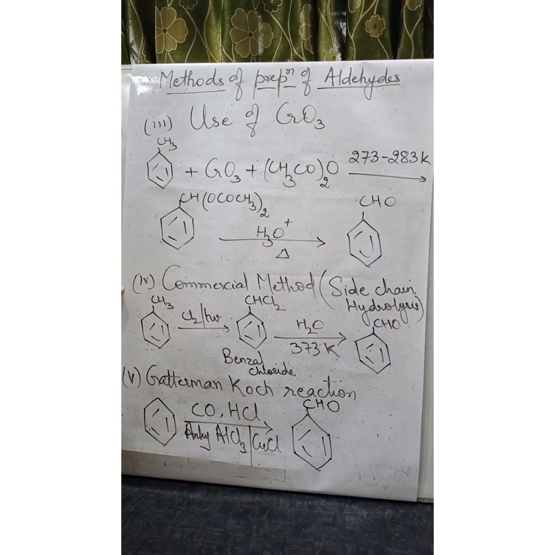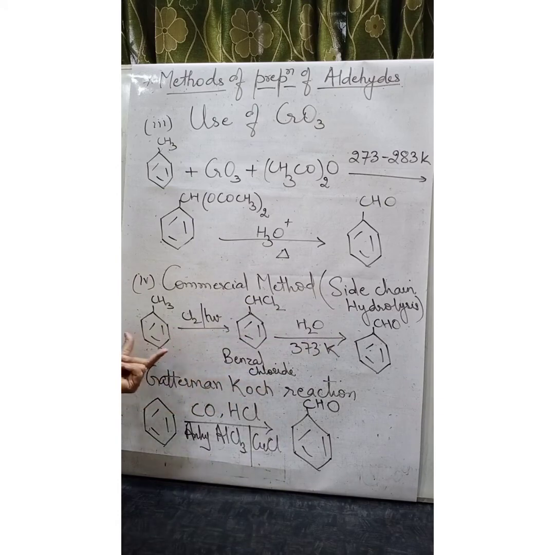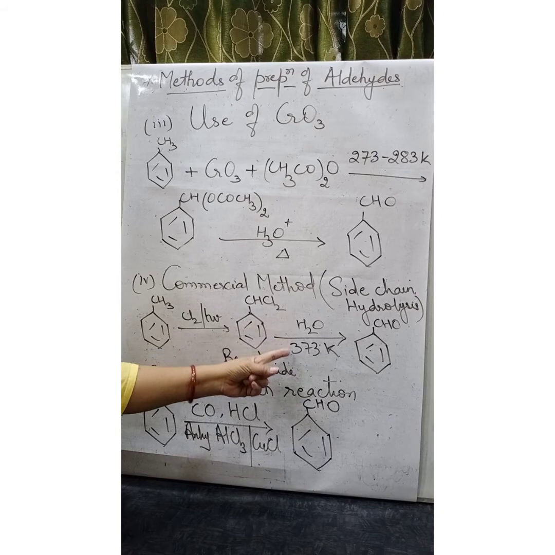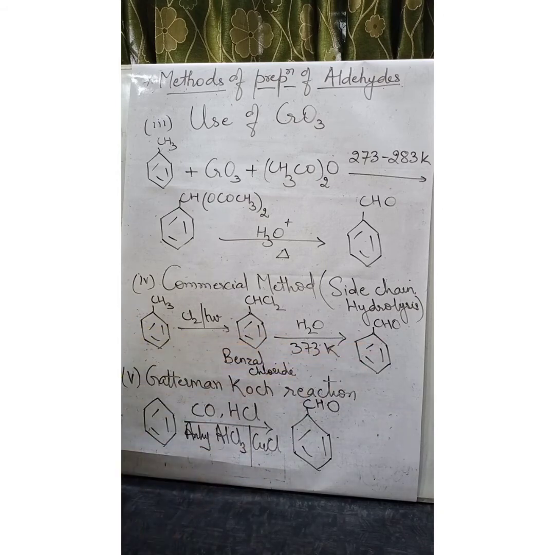There is a commercial method for preparation of benzaldehyde, and that is by side chain hydrolysis. Toluene on treatment with chlorine in presence of ultraviolet light gives benzyl chloride, which on hydrolysis at 373 Kelvin gives